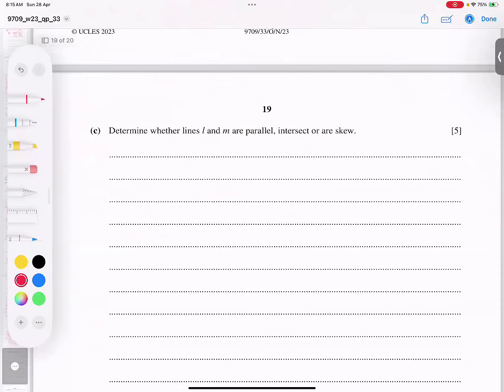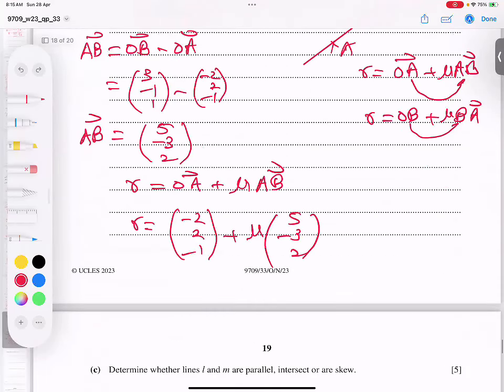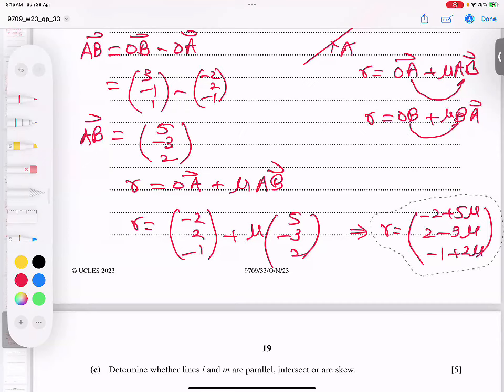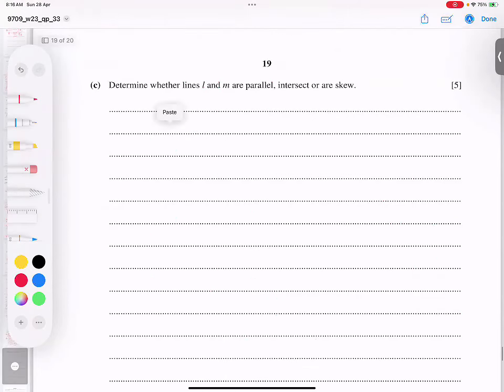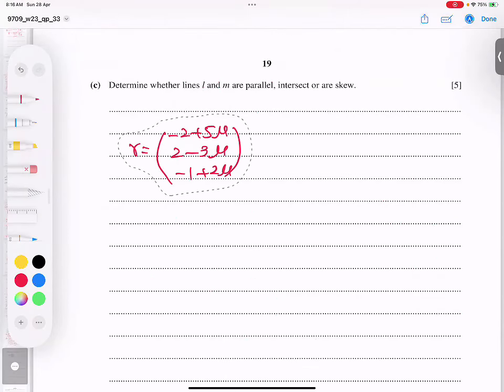He said they are parallel to each other. Determine whether they're parallel or not. What is the technique? I'll convert this to standard form. What is standard form, students? So mu multiplies inside and add them. So I got -2 plus 5 mu, 2 minus 3 mu, and -1 plus 2 mu. This I convert to standard form. So I cut from here and paste. So I'm writing the standard forms